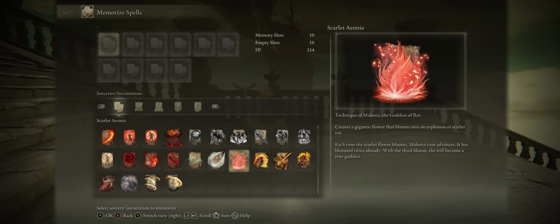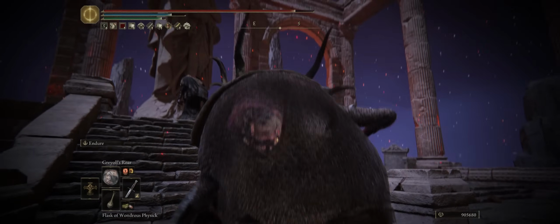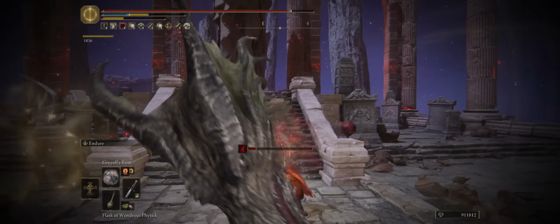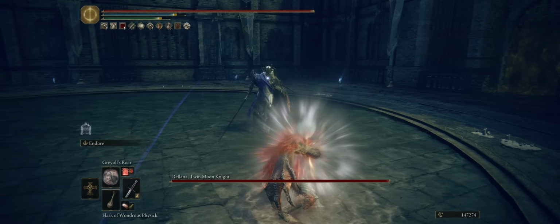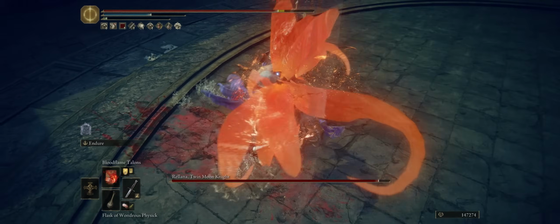Lastly, when it comes to bosses, let's talk about the best ways of debuffing them. And for that we have first, Greyoll's Roar, a dragon spell. This spell hits a huge area around you, and will not only debuff the enemy's damage, but also even increase your own damage against them, so it's amazing. The damage itself can be quite good, especially during normal exploration. It pretty much one-shots a lot of enemies, but I prefer to use it against bosses for the extra debuffing